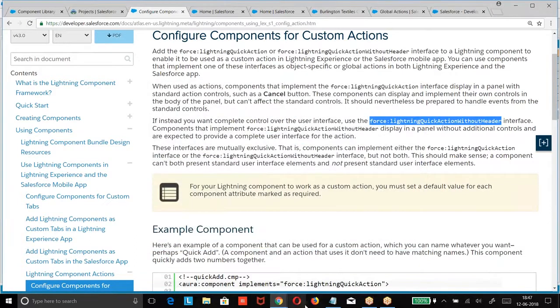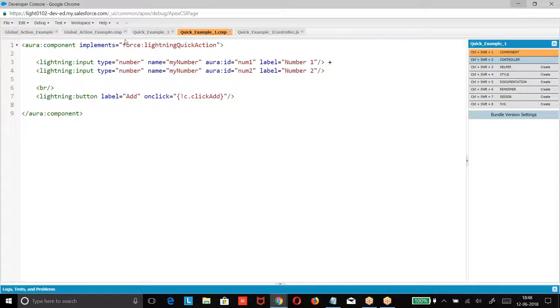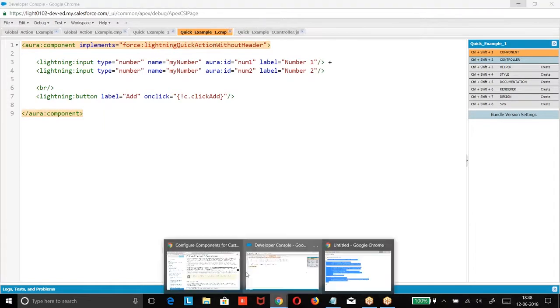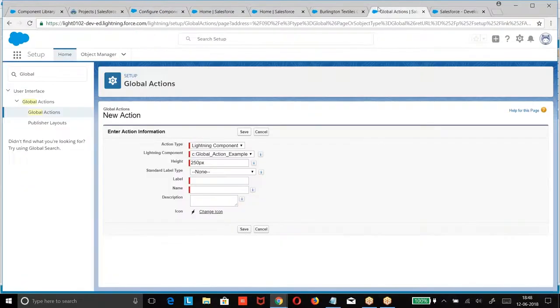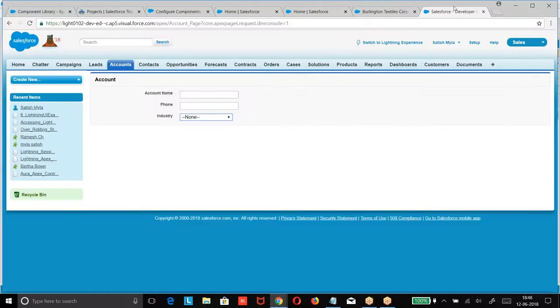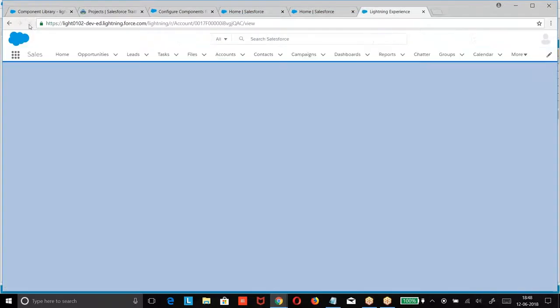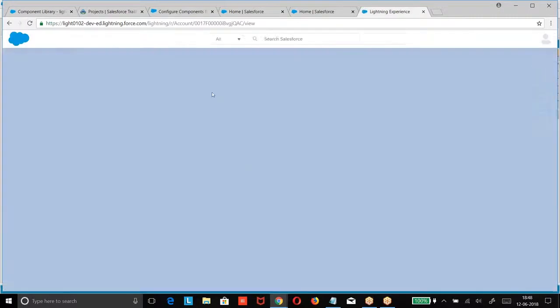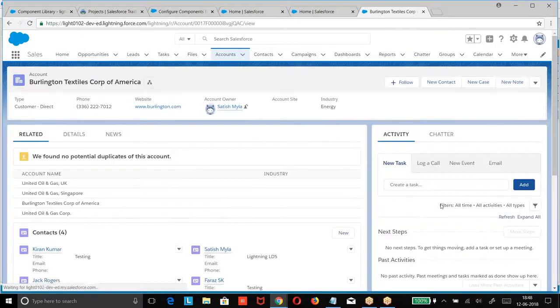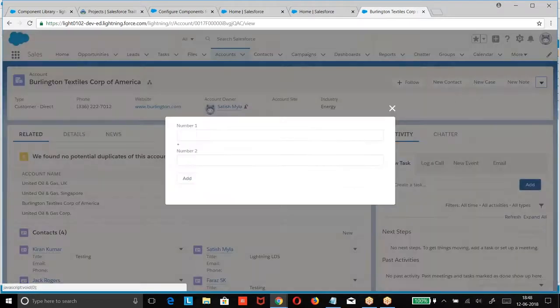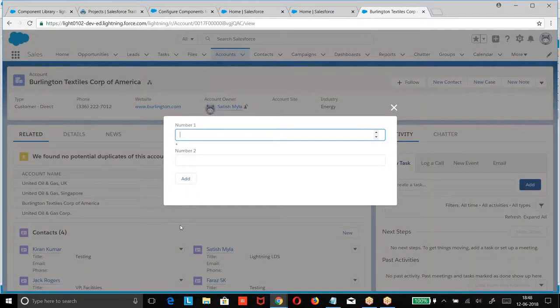Go to your component. So what happened now? We got the message without the header.